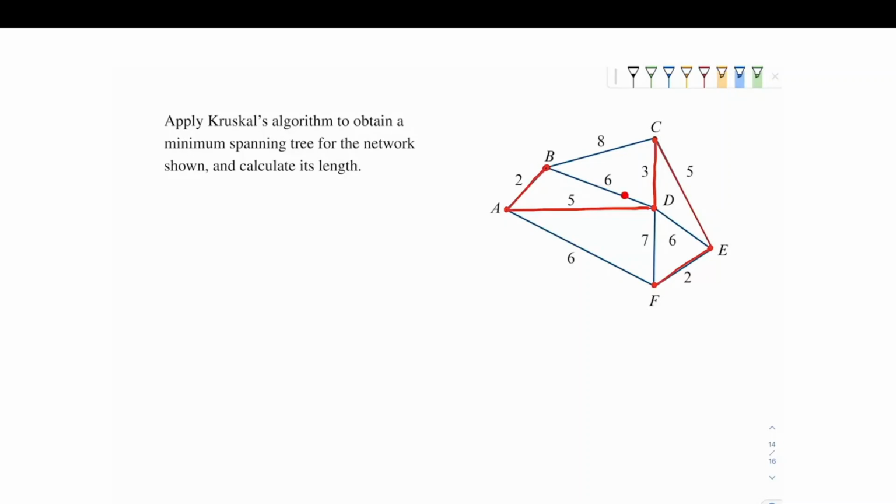If I add in the 6 over here, you can see that I formed this cycle or this loop. So I don't want to add that. And same with this one over here. But furthermore, if you have a look at what we have now, we've actually got a minimum spanning tree, because